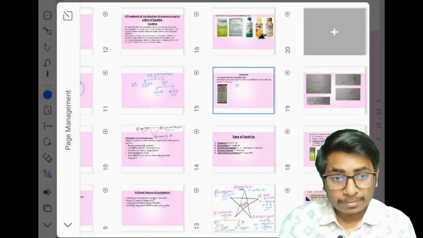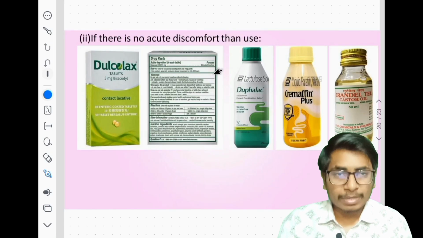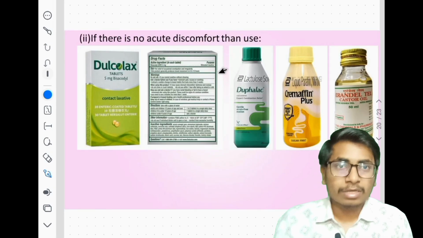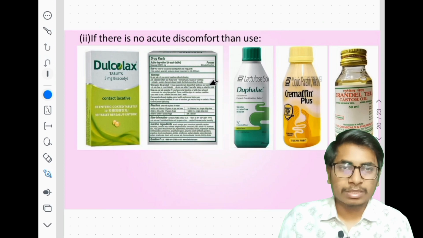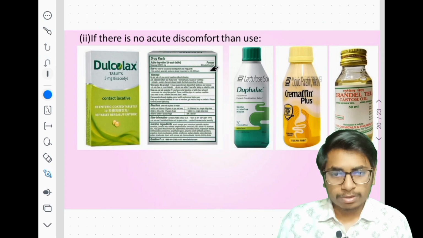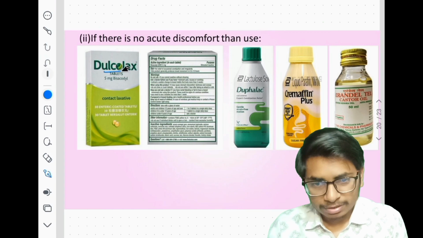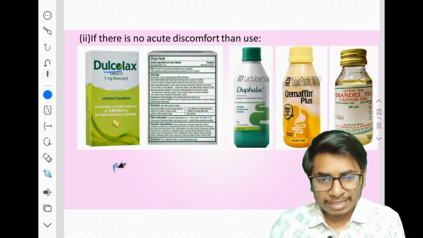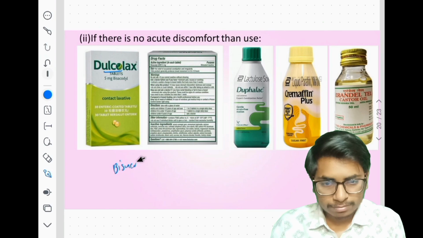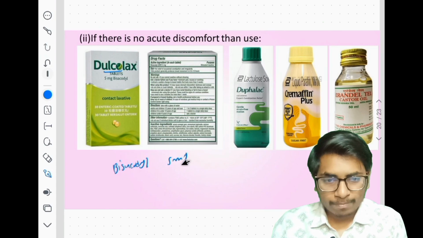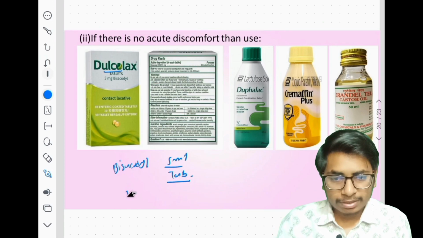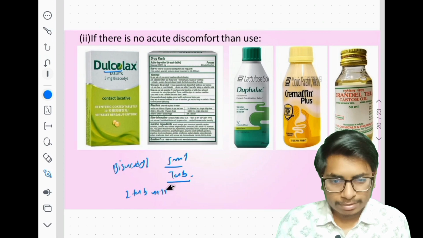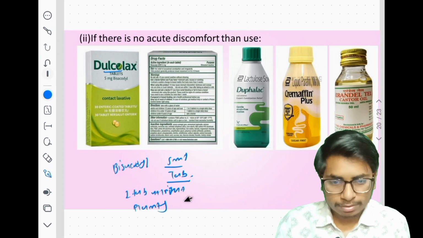Then the second condition: if the person has acute constipation but no acute discomfort, then we can use different laxatives or a combination of laxatives, in tablet form or syrup form. First we can use tablet Dulcolax, which contains bisacodyl 5 milligram per tablet. Take 1 tablet at night with plenty of water